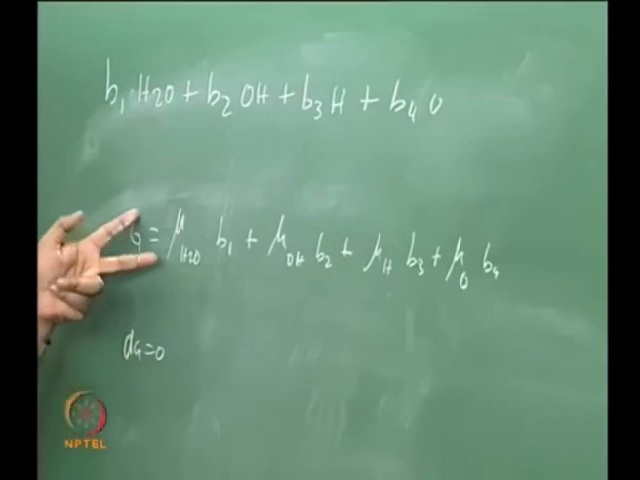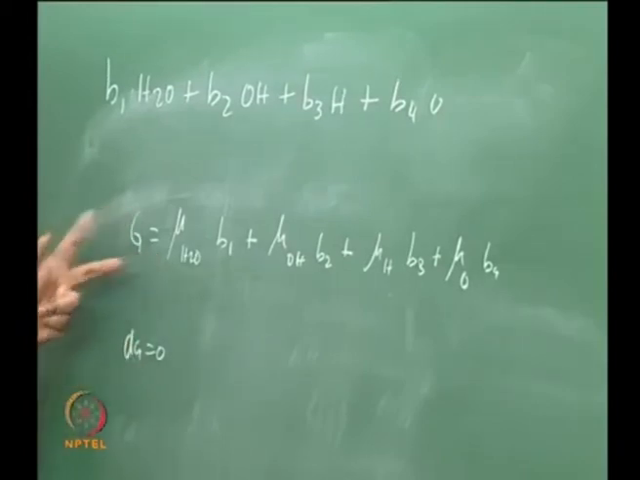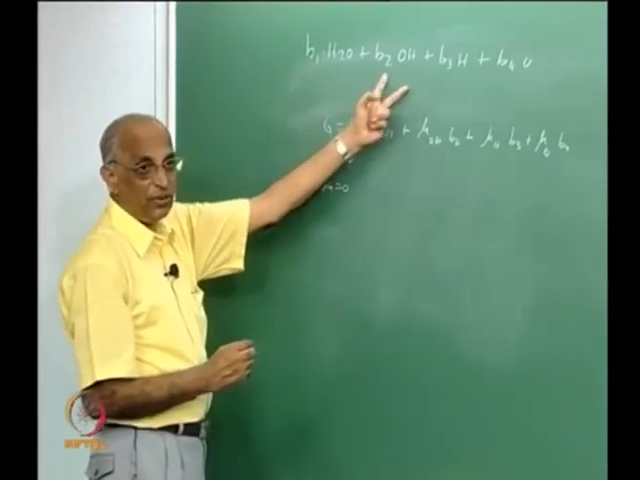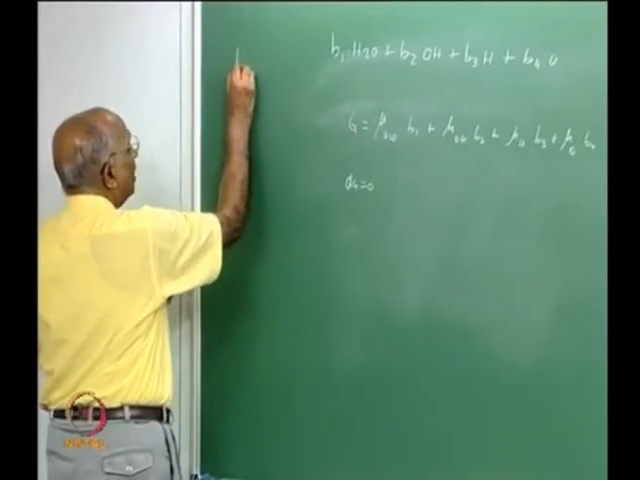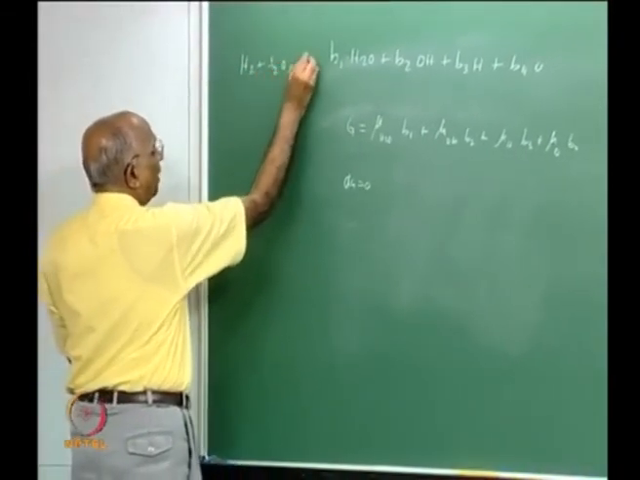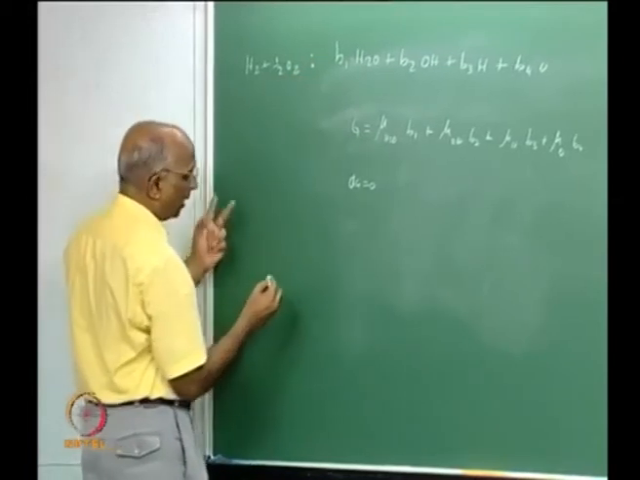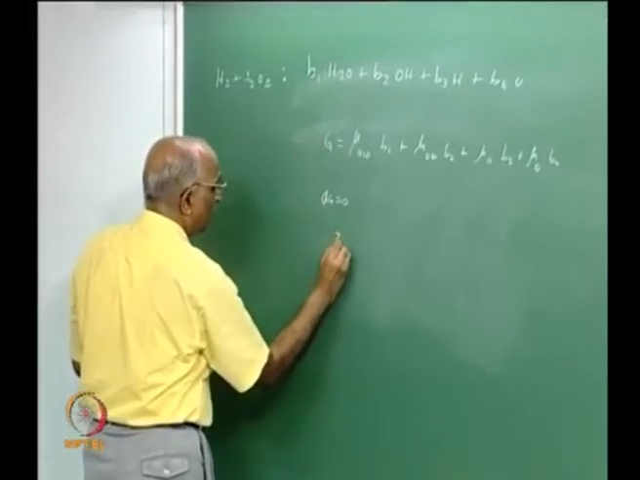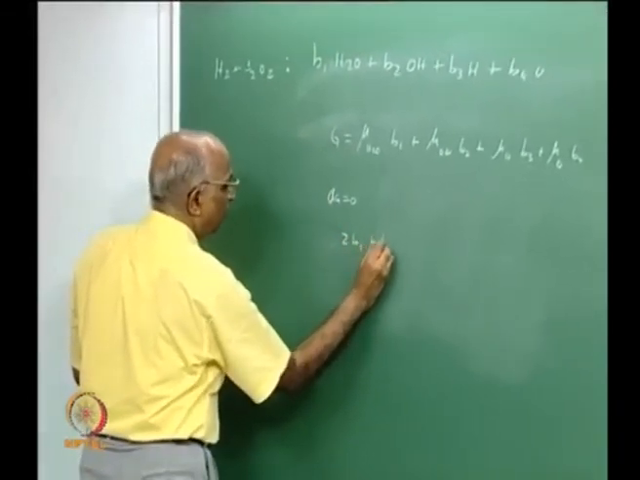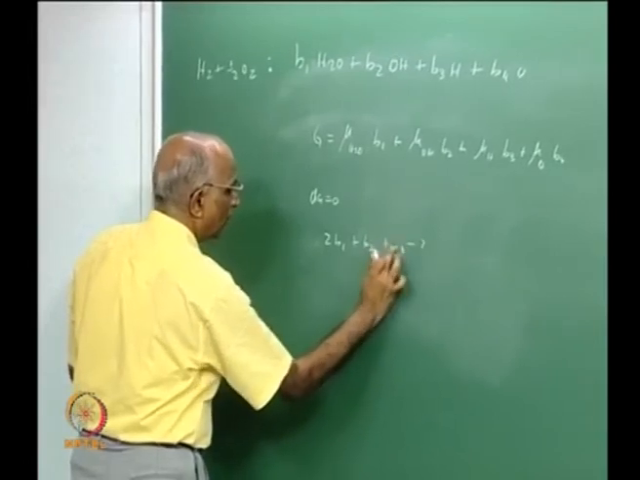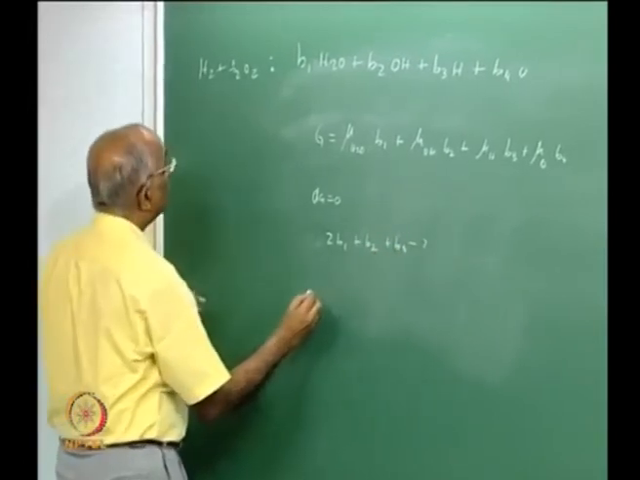But this set of dG equal to 0 must also obey the constraint that the atoms must be conserved. And what did we say? Here we had H2 plus half O2, and what were our atom balance equations? Let us put the right hand side first: 2B1 plus B2 plus B3 minus 2